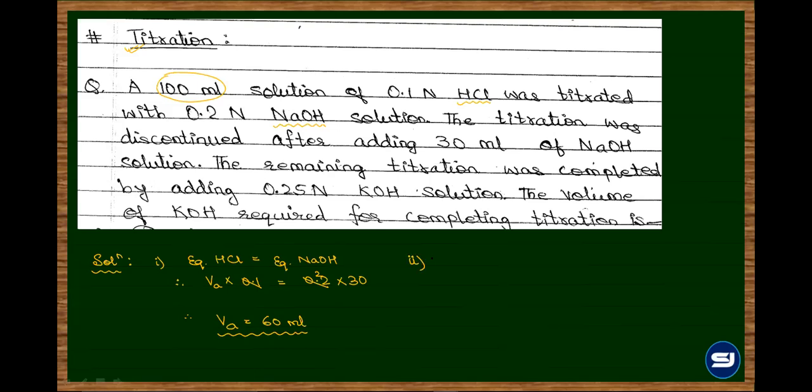So now they say remaining titration. So now in the remaining titration, how much is the volume of the acid? 40. So again this HCl was titrated with KOH. So normality doesn't change. Normality 0.1 ही रहेगा, but volume will be taken as 40, is now titrated with 0.25, and how much is the volume of the base that is to be found? Understood? Yes, sir. So 0.25 यहाँ पर लाओगे तो 16, VB will be 16 ml. ये हो गया titration का concept.